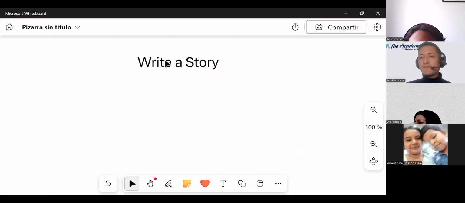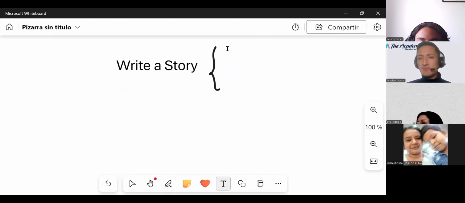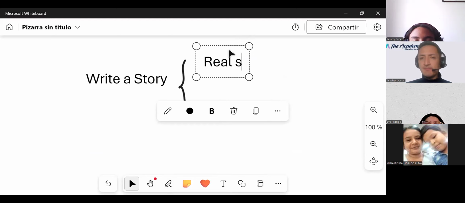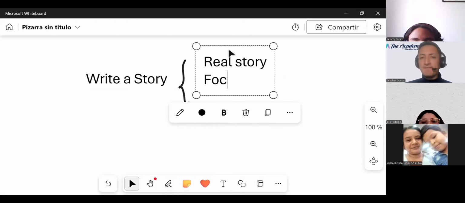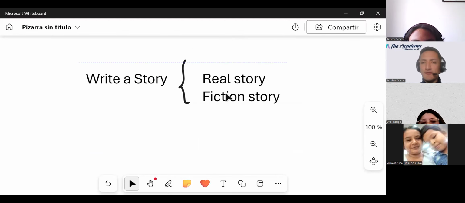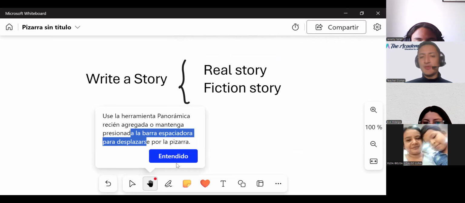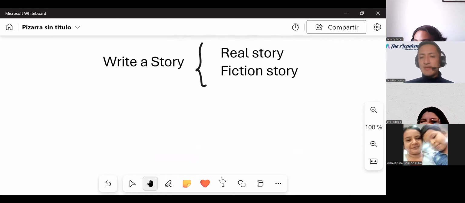Okay, so for grading a story, my dear students, you can choose any of them, okay? It could be both. It could be grade a real story or maybe grade a fiction story. Real or fiction story, so you have to choose which one, real or fiction. And what are the things that you need for that? Remember, you only need 3 things in order to do it properly, okay? Number 1, really important. Let's start with the first.